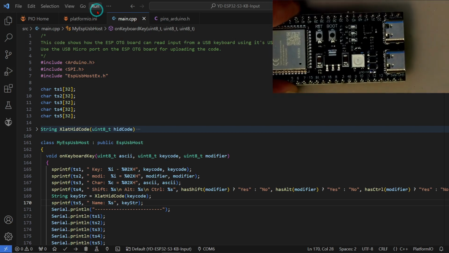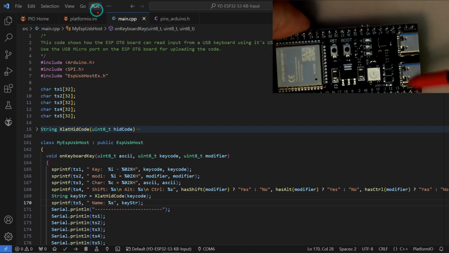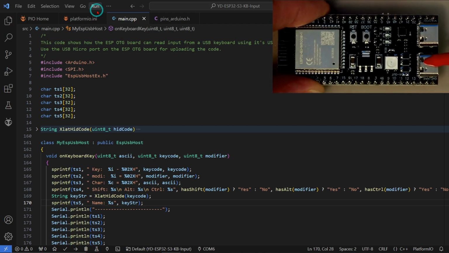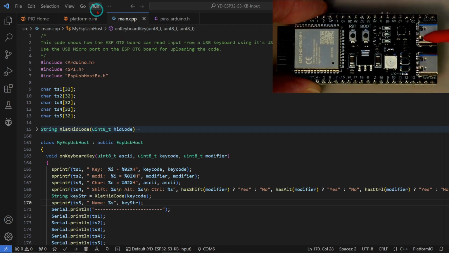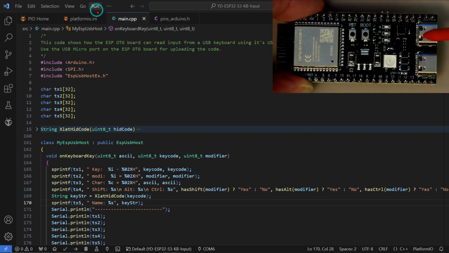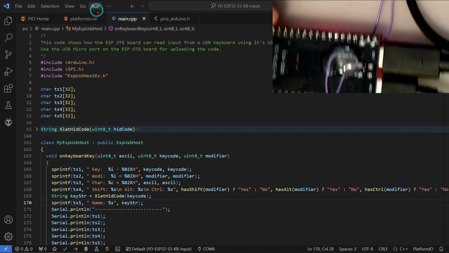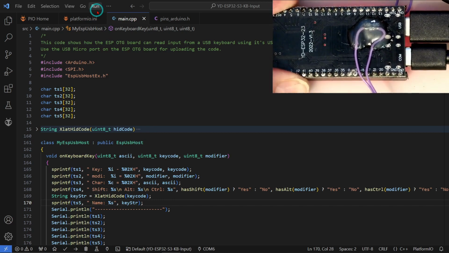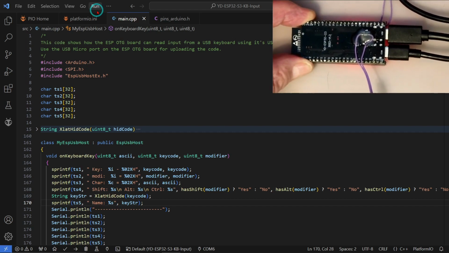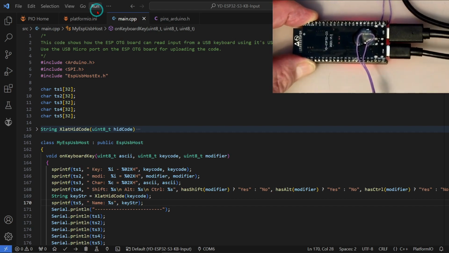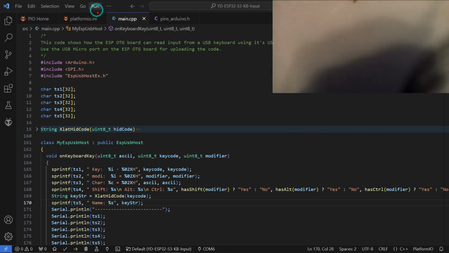And then you can use this UART port over here. This one here will still work to upload code and to actually use the serial monitor with, and this port will then become an input, a host port. And that is how I've got this one connected over here. Let me zoom out so you can see a little bit more. I've got two cables, and one is going to the computer, and this fat one here is going to the keyboard. And when I plug the keyboard in,